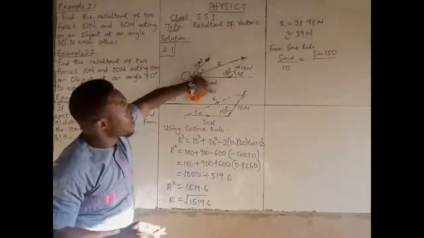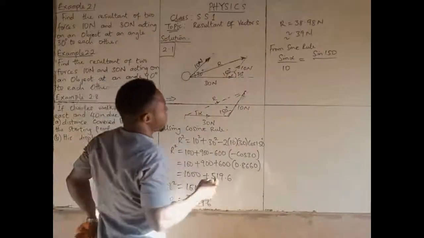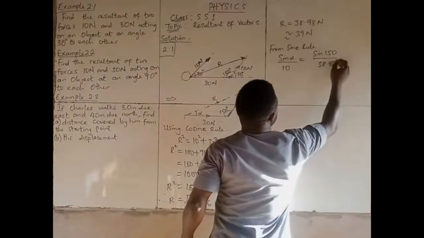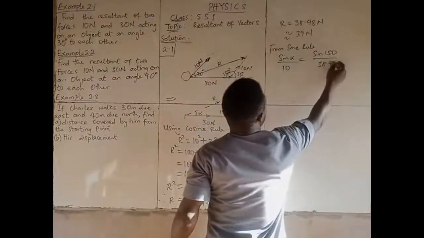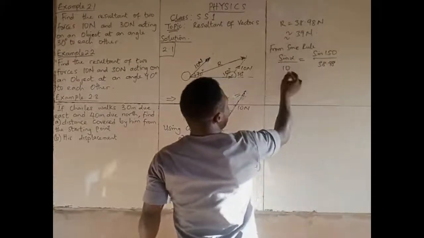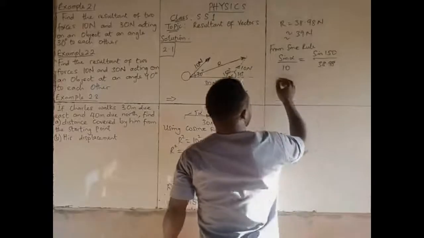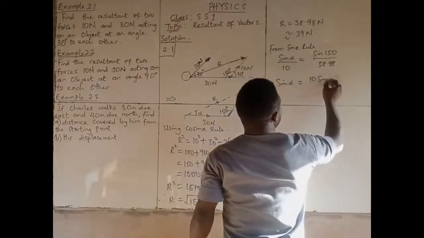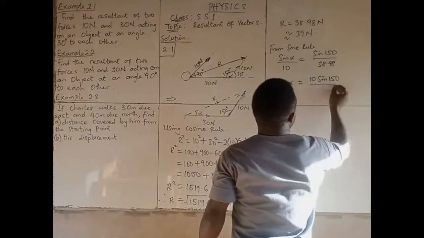The side facing 150 is the resultant, and that is going to be 38.98. Now if you multiply both sides by 10, the 10 cancels,